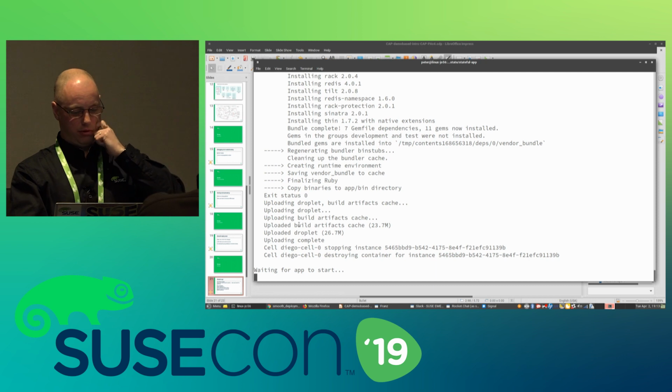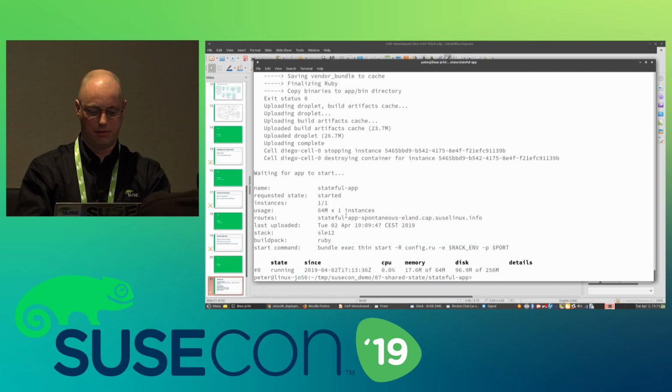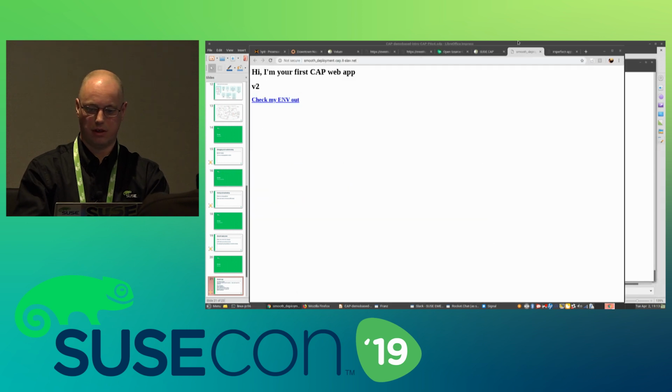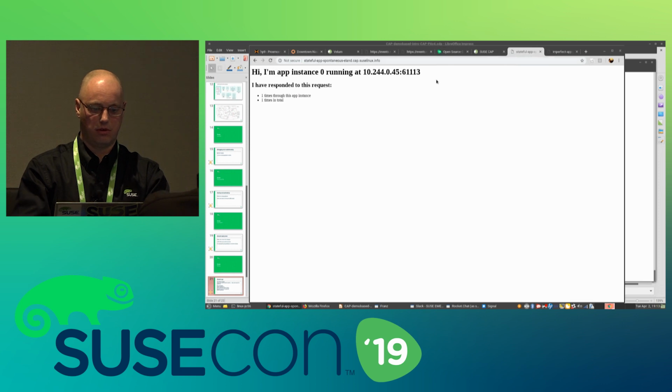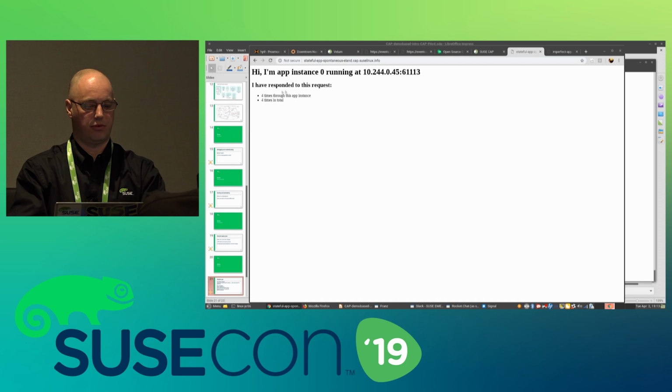Yeah, waiting for computers is always fun, isn't it? All right, so now it's up and running. Now I can show what it looks like. So I connect to it. So this is my stateful app. Every time I reload it, you can see that it counts up how many times I connected to it.